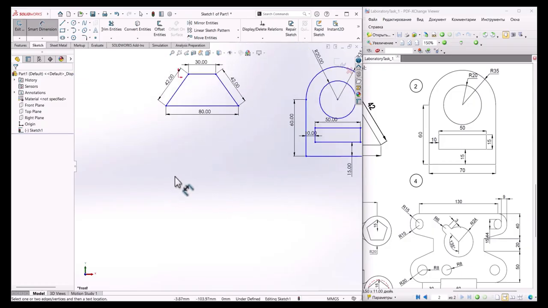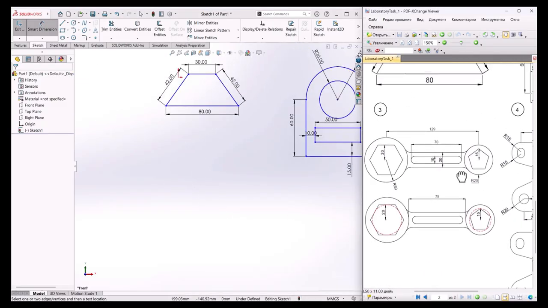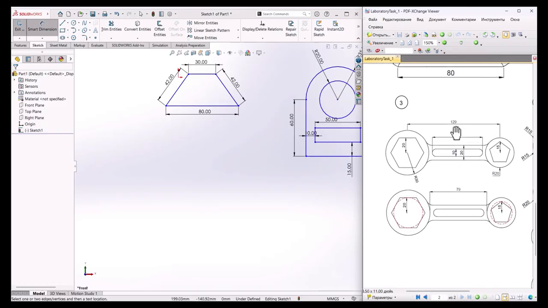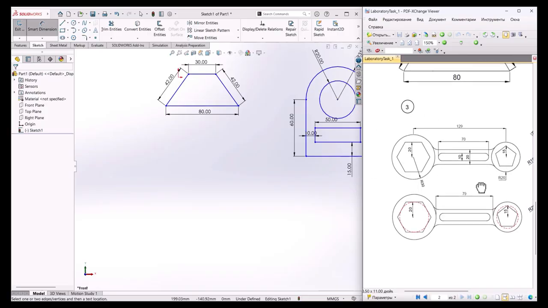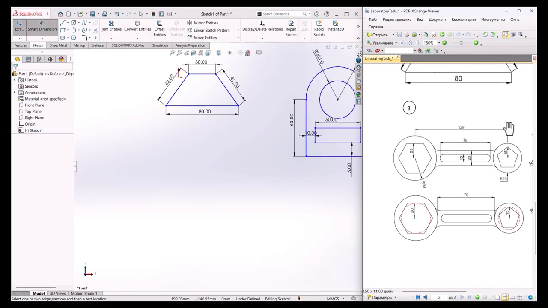zoom out, and then let's draw the third shape. So we need to draw only one shape. So the second is just to show the distance dimensions. Okay, so 79 and 20, 15. So everything could not fit it in one shape. So that's why it's two shapes are shown, and then dimensions are